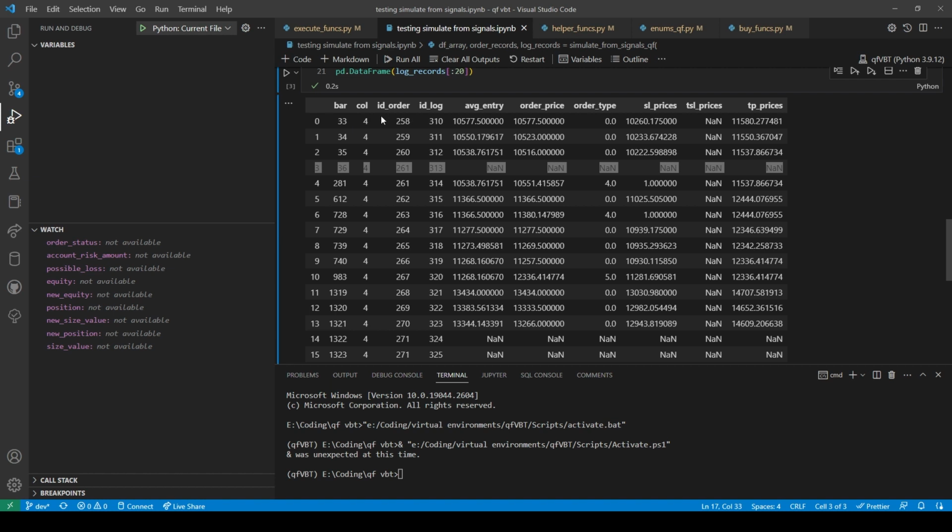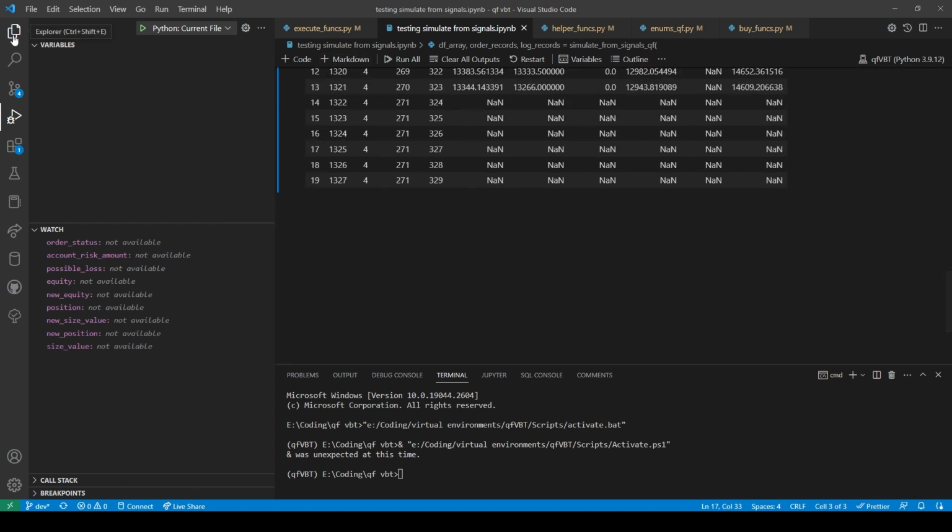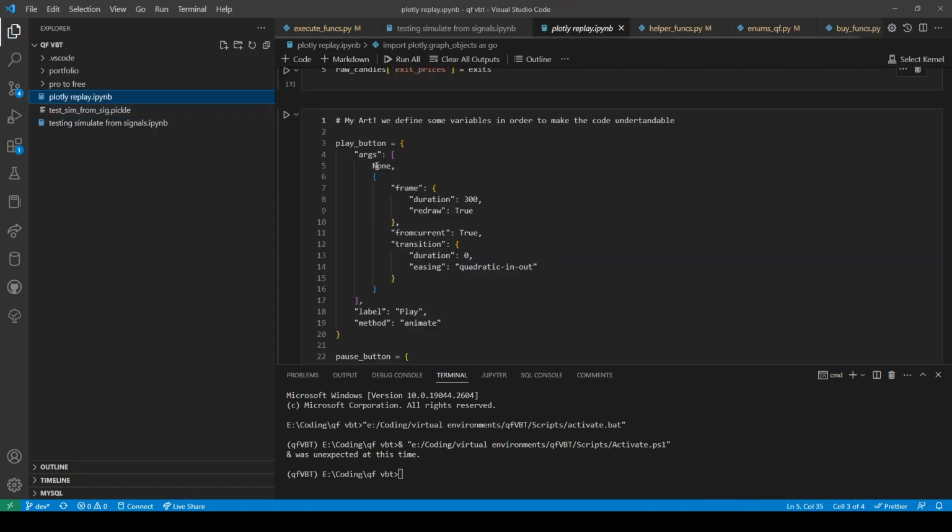Shouldn't I have a log? Oh no, not of every single bar. So I should only have a log record of entries only. I should only have a log record of when we are in a position. Which is going to be very awkward trying to line it up with the Plotly thing, because